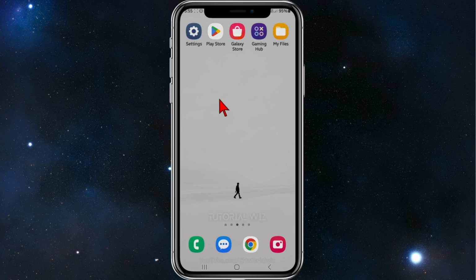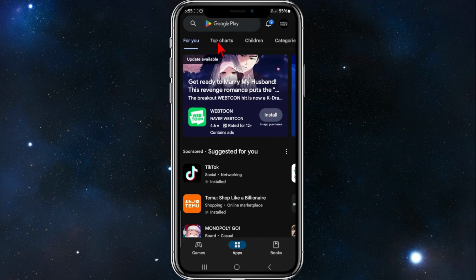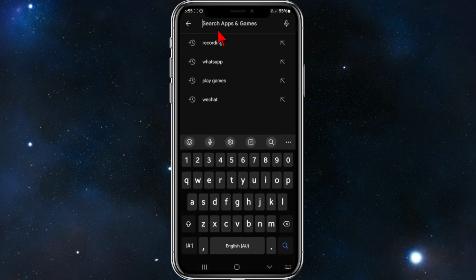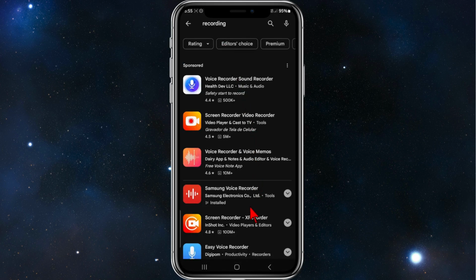Alright, the first thing you need to do is head over to your Play Store and in the search bar type in recording, and you'll be brought to this page, and then what you need to do is click on Samsung Voice Recorder